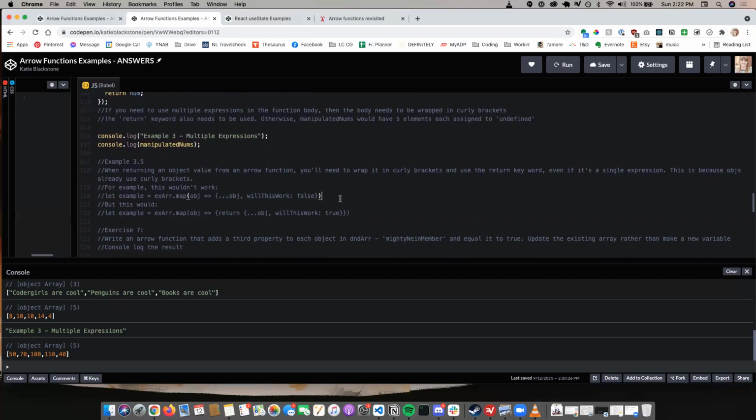This is presumably because objects already use curly brackets. So, you know, JavaScript won't let you just use curly brackets without, maybe it's not an expression fully or something. I haven't researched it, but it got mad at me. So what I learned is that you can't just do,